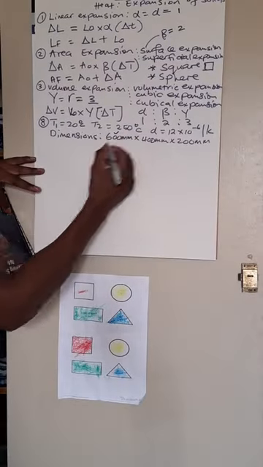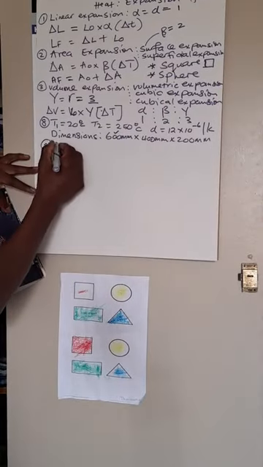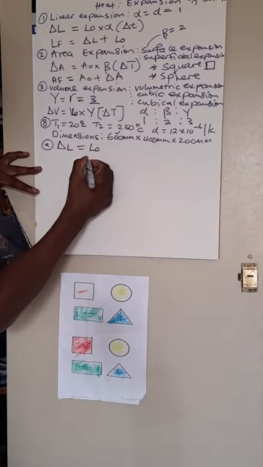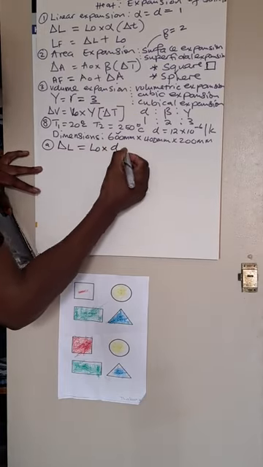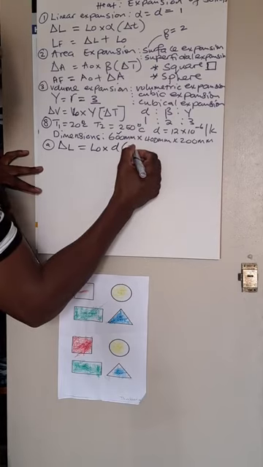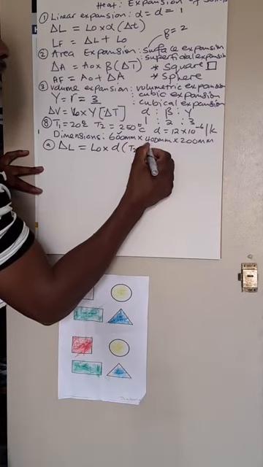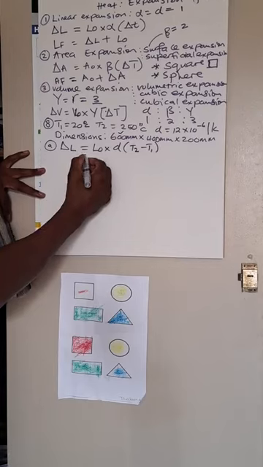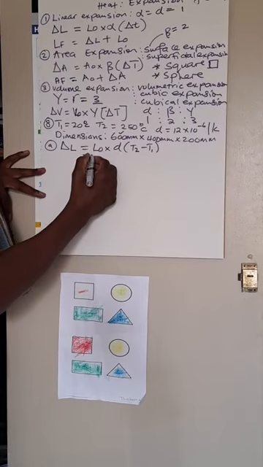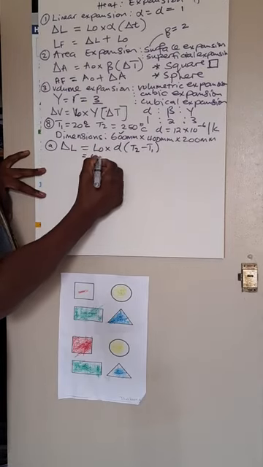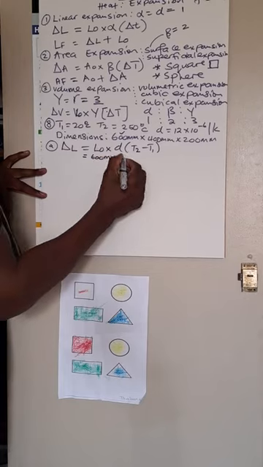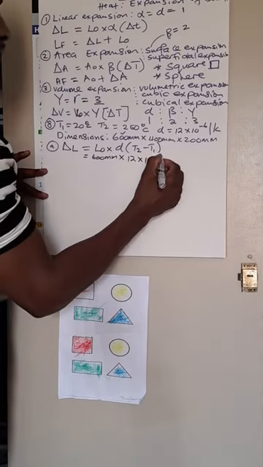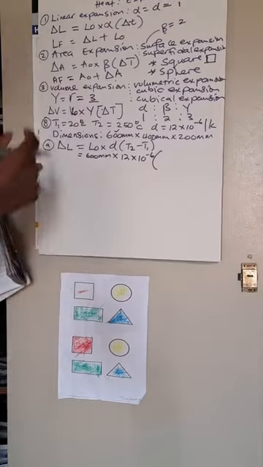So this becomes our longest side. Therefore, our change in length equals our original length times our linear expansion times T2 minus T1, or our change in temperature. Our original length for the longest side is 600 millimeters. Our linear expansion is 12 times 10 to the power of negative 6, times